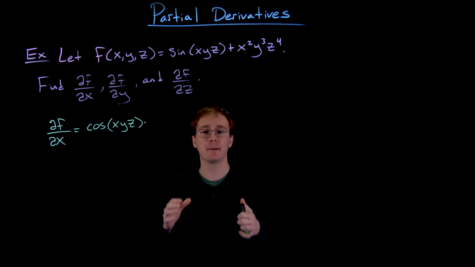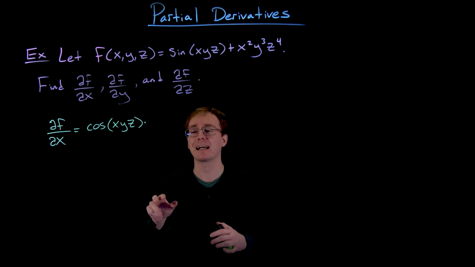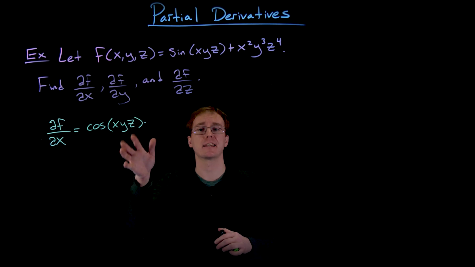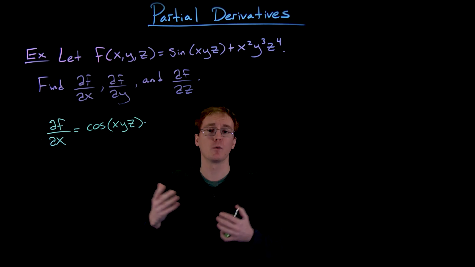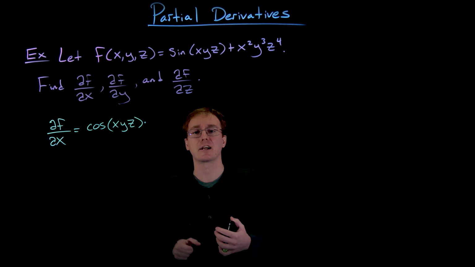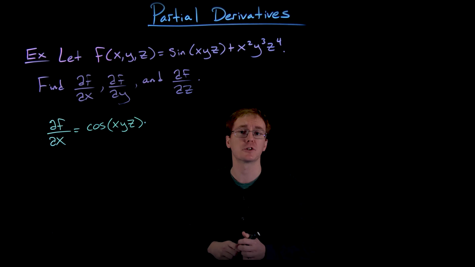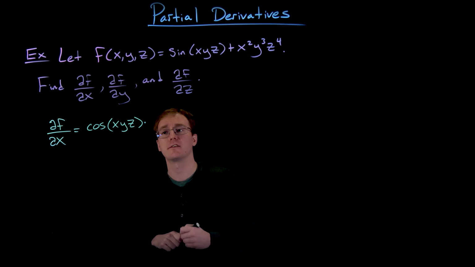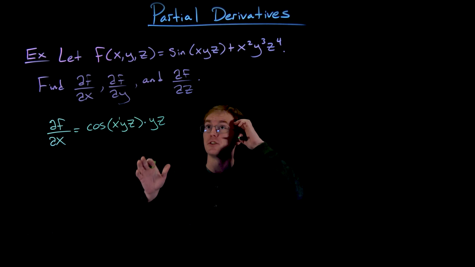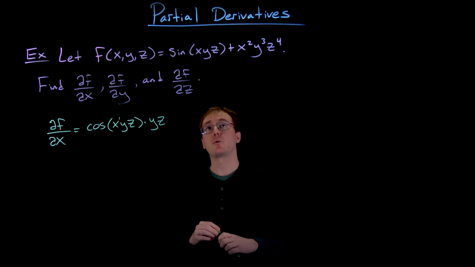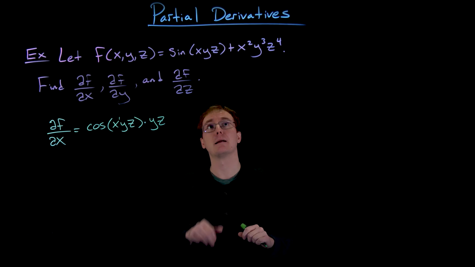When we're multiplying by the derivative of this inner function, we're taking the derivative with respect to x, and so y and z are just like constant factors. So this is like differentiating 3 times x. Well, what's the derivative of 3x? It's just that constant factor of 3. So what's the derivative of xyz with respect to x? It's just that constant factor of y times z. Okay, so the derivative of sine of xyz with respect to x is cosine of xyz times yz,